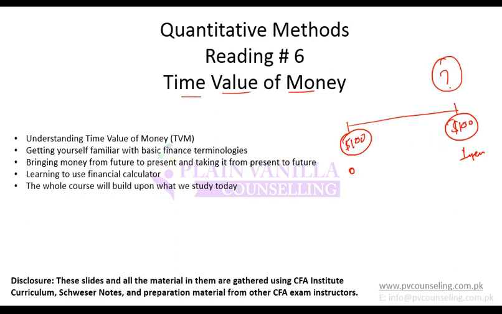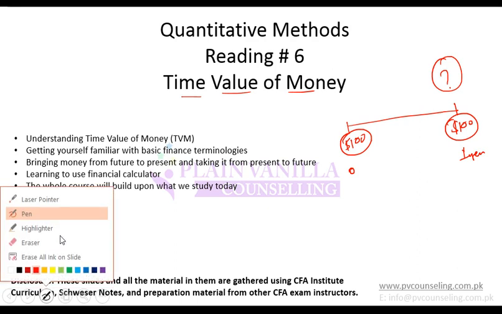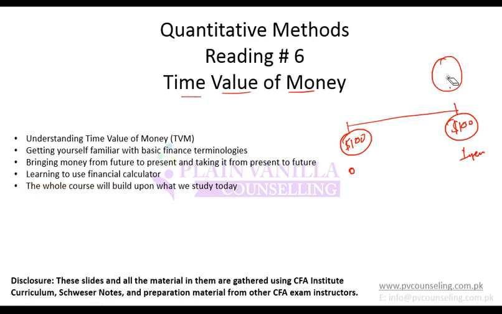So let's say I tell you that this $100 is equal to $90 of tomorrow, or $90 after 1 year. Sorry, not 90, $110. So I tell you that if you get $100 today or you get $110 after 1 year, both will give you the same value. That is, money will lose value, and so $100 of today will be $110 at the end of 1 year. So this future value of $110 is the same as the present value of $100.